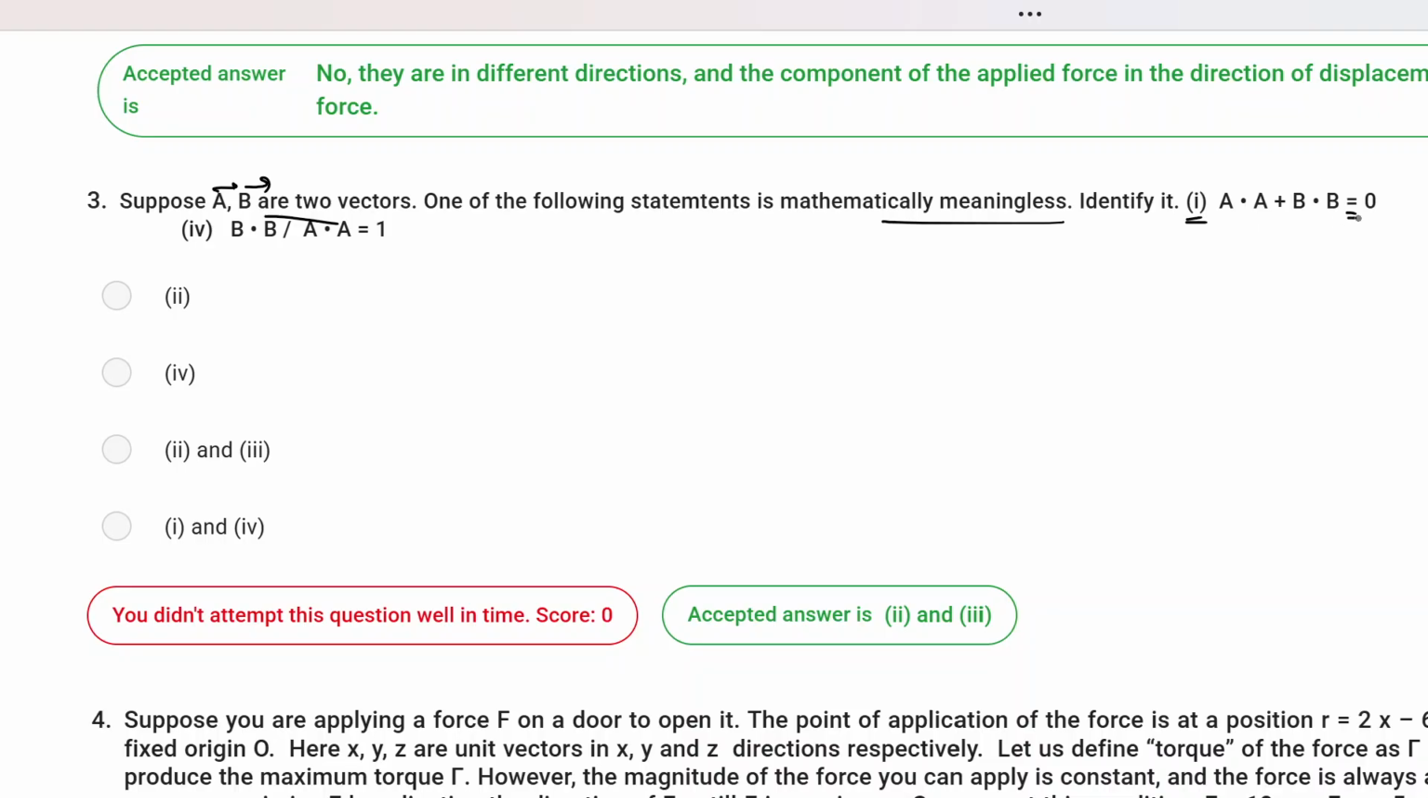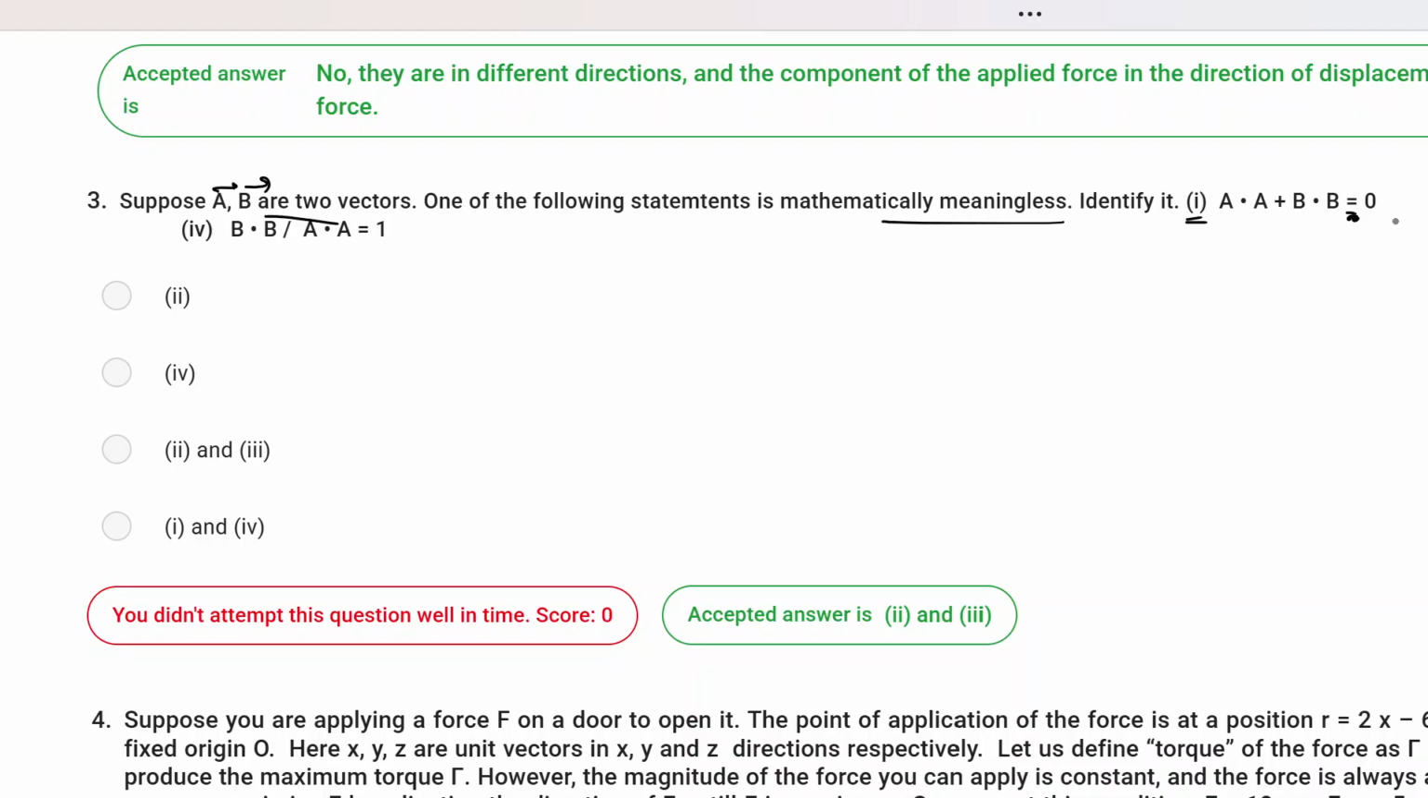Because in any equation you cannot have a scalar quantity on one side and a vector quantity on the other side, because these are different quantities. You cannot equate them anyway, because scalars do not have dimension information but vectors have. So either you have to have scalar equal to scalar or vector equal to vector. That is the primary thing that you need to look at when you are going to mathematically identify whether this is meaningful or meaningless. Say we take the first option that A dot A plus B dot B equal to